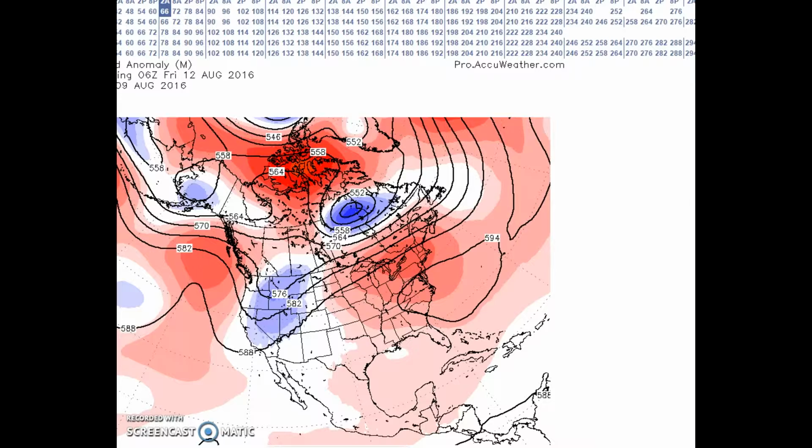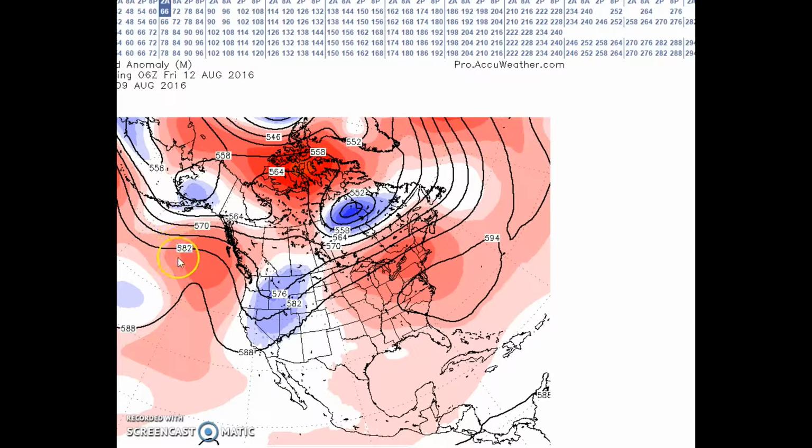Welcome to the long range weather forecast discussion for August 12th to 24th. For August 12th to 16th, this is what we're forecasting. Fairly amplified pattern. We have a trough here in the northwest, ridge here in the east. This is a unit ridge that builds westward across the southeast and the mid-Atlantic. And we have above normal heights here